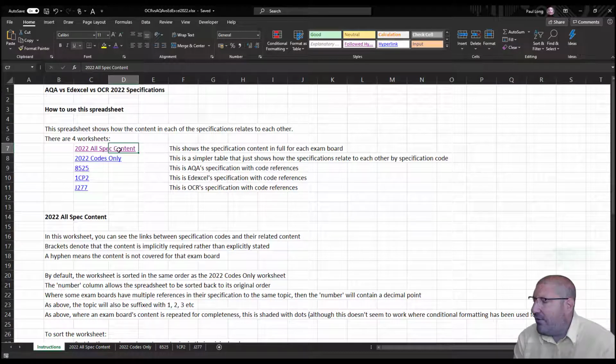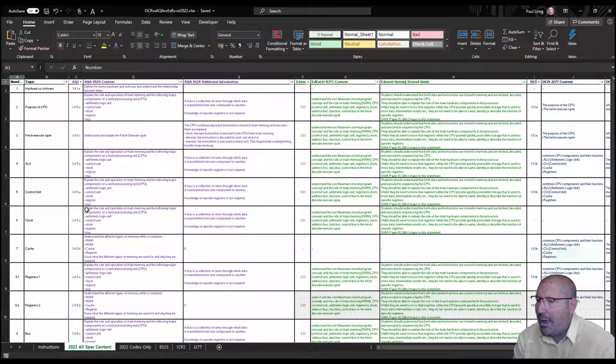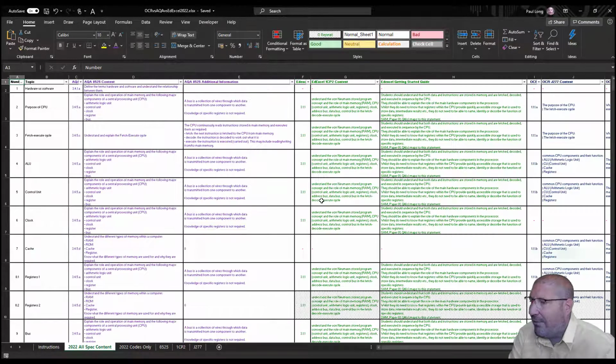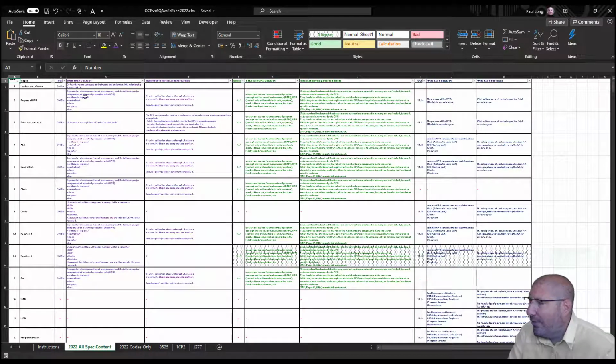So if we have a look at the first one, this is all the specification content. Now, I don't expect you to be able to read this, especially if you're watching this on your mobile phone. Unless you've got a large screen TV, you wouldn't be able to. But of course, we can zoom in if we want to. I'm just zooming out so you can see how extensive it is, that it covers all 3 exam